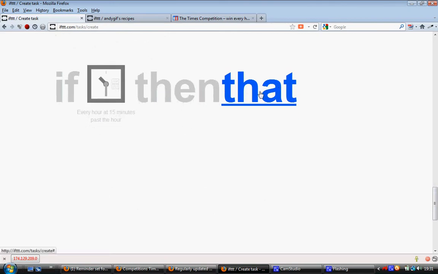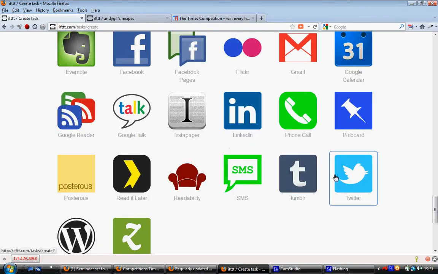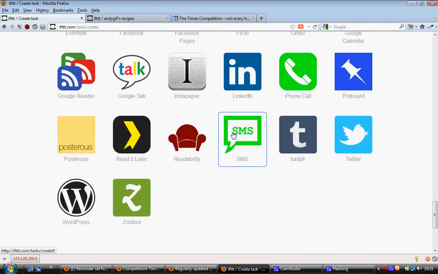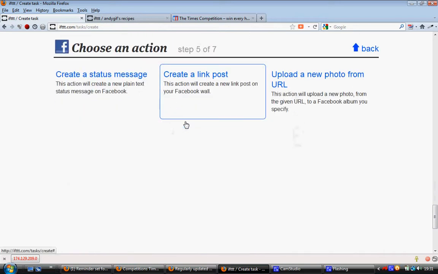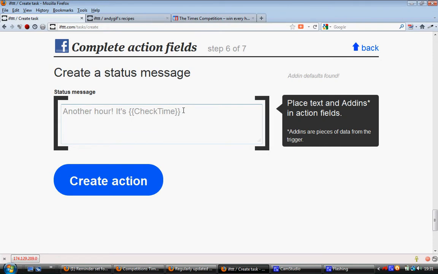So at 15 minutes past every hour, it's going to do whatever I tell it to do. Okay, it's going to go to Facebook. I could also do it to Twitter. Actually, I won't do that. I'll do it to SMS. Facebook would be create a status message, and then just type in here whatever it is. Create the action